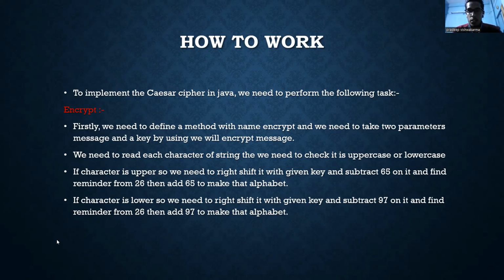Then we need to reach each character, uppercase or lowercase. If the character is uppercase, we need to apply some formula.